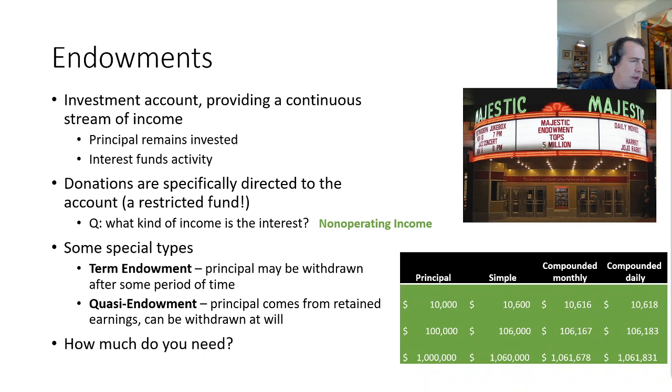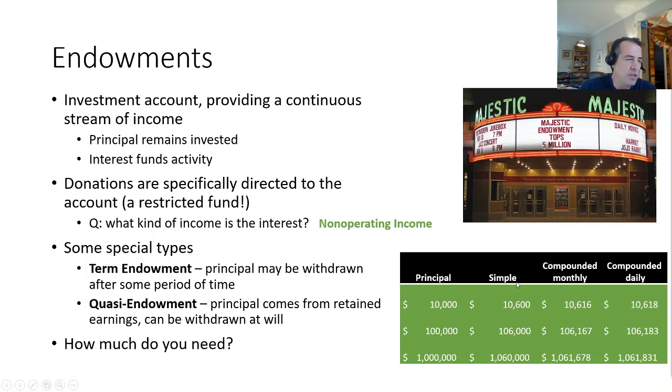How much do you need? How much can you make? Well, assuming that you make about 6% interest on some amount, here are a couple of scenarios. Typically, you want to invest an endowment fund into a very safe vehicle, so you wouldn't want to drop it into a stock portfolio. Optimally you want to make compound interest. And if you're familiar with this from your finance class, you're credited with interest each period, not just at the end of the year.